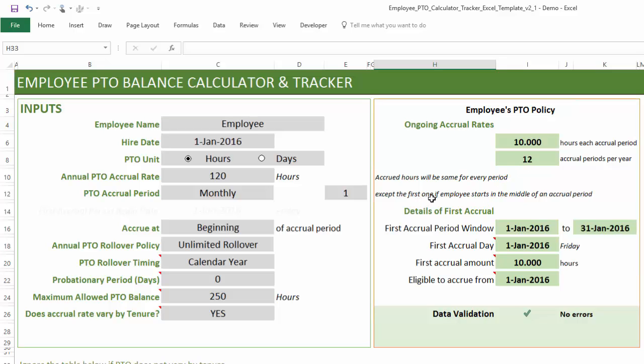So the first accrual window is a little bit tricky, because if the employee starts in the middle of an accrual period, then we need to prorate the PTO awarded in the first window. So I provide the first accrual window details. Here the employee starts on the 1st. We give accrual on the 1st of every month. So 1st January to 31st is the first window for the employee, and he actually accrues on the 1st January